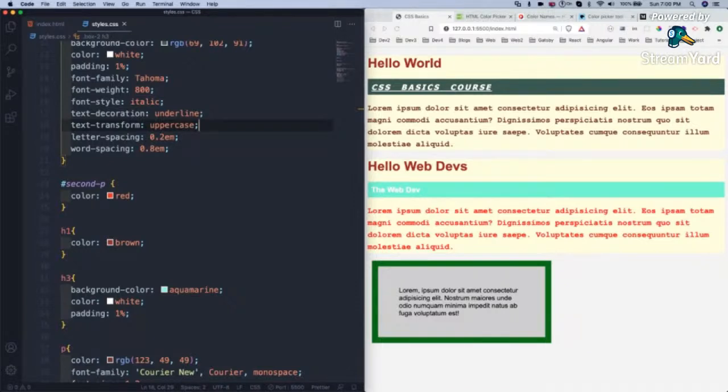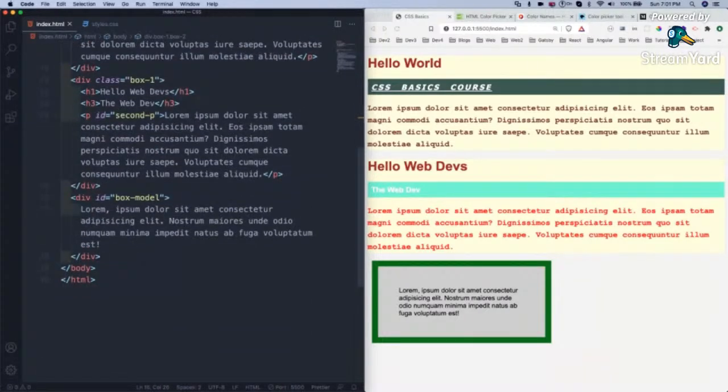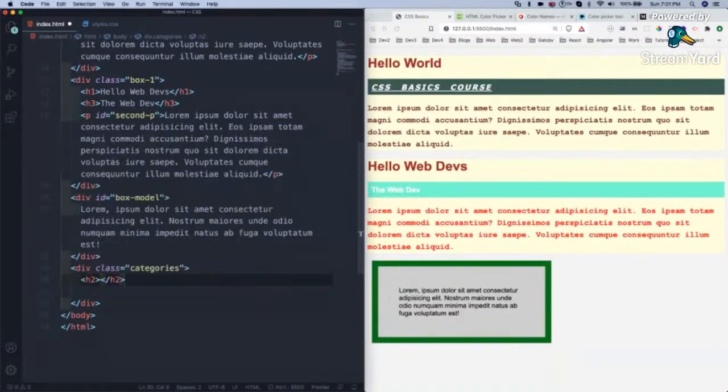So we have seen lists in the previous experiment. So lists were quite ugly. So let us beautify them in CSS. You can go to the index.html and we will prepare the list. Then div, class equal to categories. Anything we can take, as I told earlier. H2, categories,